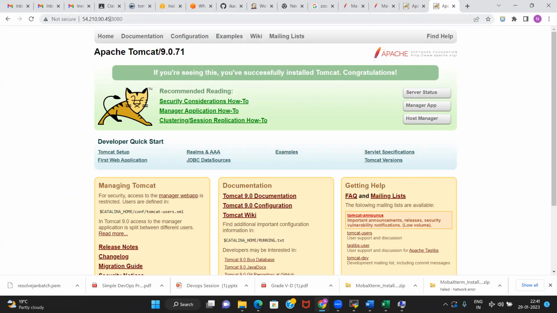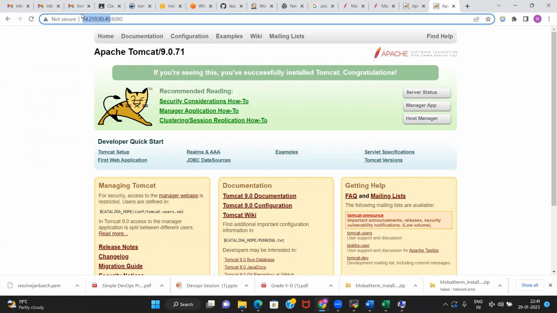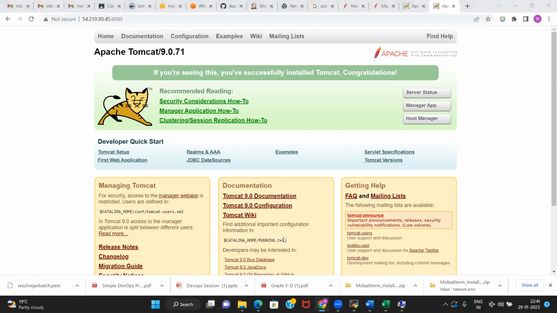This is a public IP, so from anywhere we are able to access it; even you can run it on your machine, right? Even though it is running on my system, this is a public IP. You can also run it and you can also see this. Even Jenkins, right? I am running on a public IP, so you can see my Jenkins there.